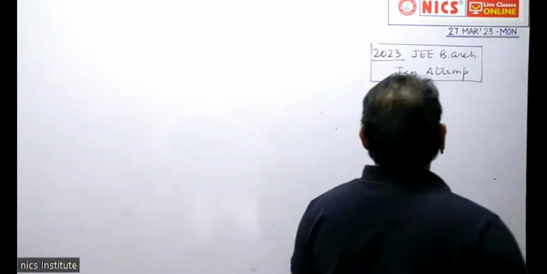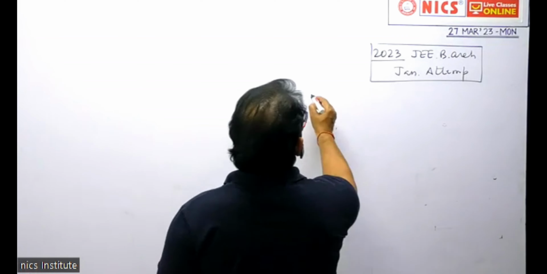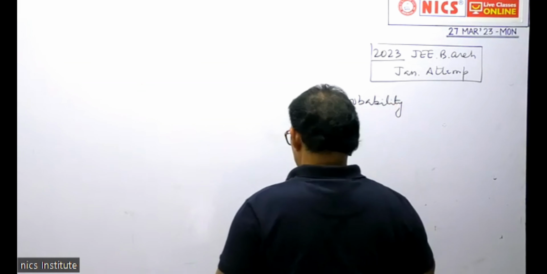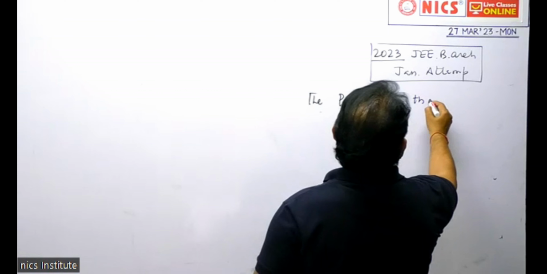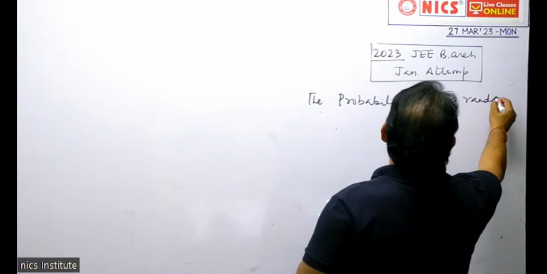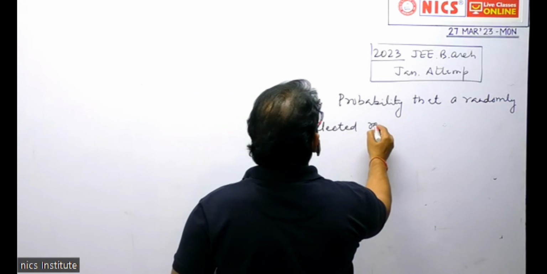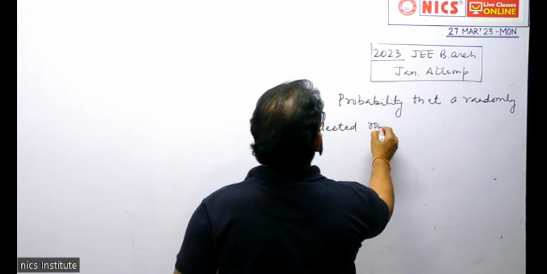Next question. The probability that a randomly selected root of 1 plus x squared plus so on till x to the power 118 equals 0 satisfies the equation x to the power 7 equal to 1 is